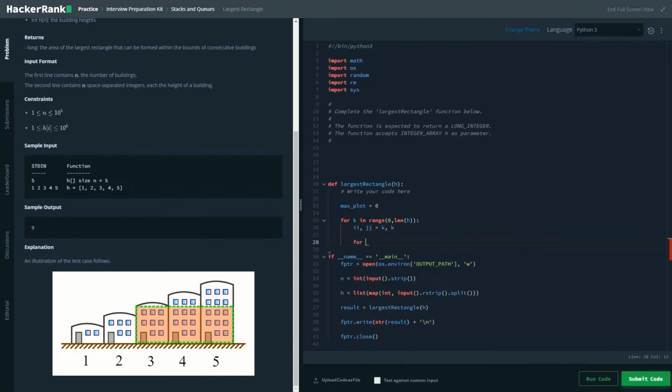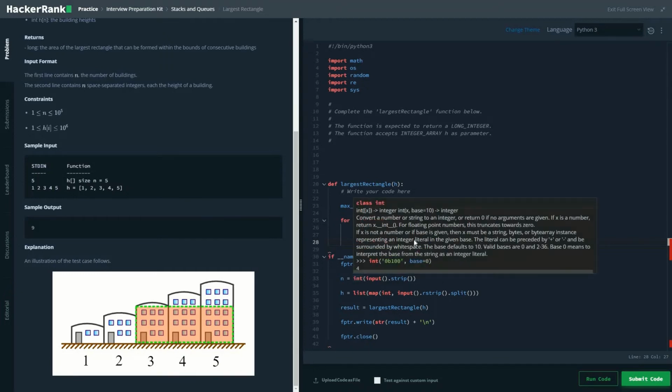Now we would be creating another loop. So the basic idea of this loop is that it is going on the left hand side to check whether there are any buildings to the left hand side, or in the direct vicinity of it, which are going to be larger than the current building. So for i in range, zero comma sorry, k minus 1, because for example, if the current building number is 3, it will be checking from the second building to the left. So k minus 1